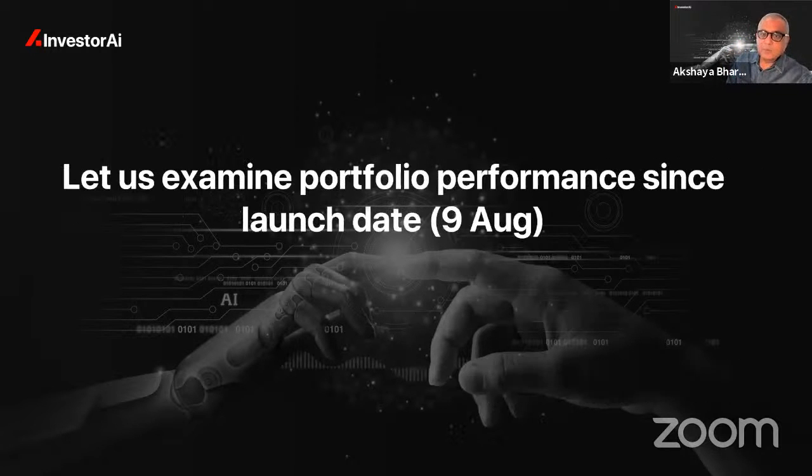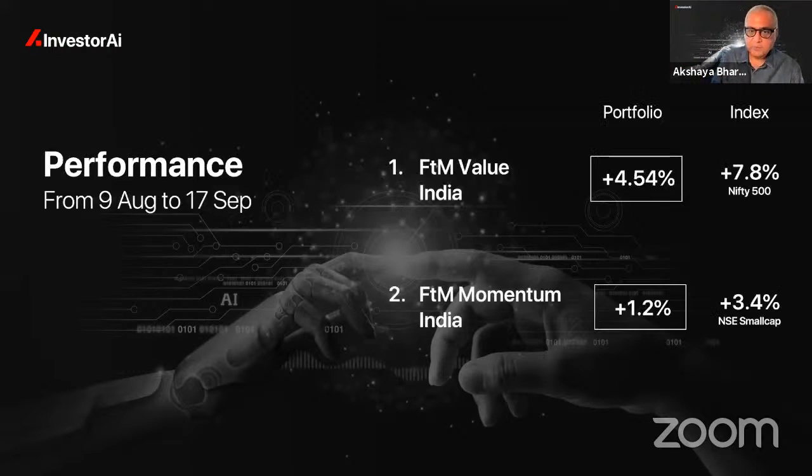Now let us look at what happened between launch date and today. 9th of August is when we made it open to the public, although we have been running it live since 20th of April. Now let us show you what happened. Your own portfolio may have performed differently because you may have bought at a slightly different time, you may have bought later, you may not have had enough money in your account, or you may have had trouble buying one stock in the portfolio. There are all kinds of operational issues that I'm aware of that can create tracking error between your portfolio and how we track it. But this is how we track it, and it's a consistent way of doing it and therefore an easy way to understand.